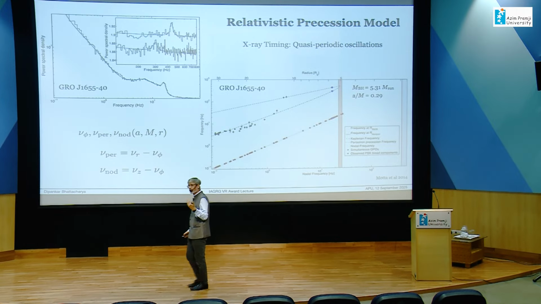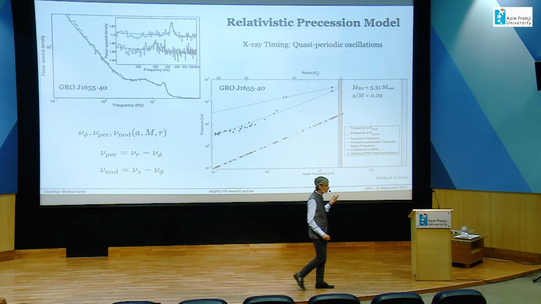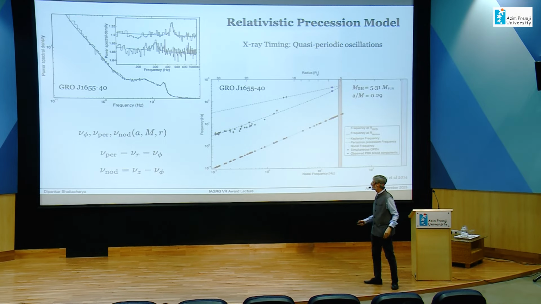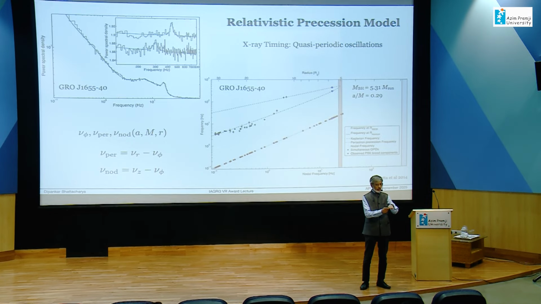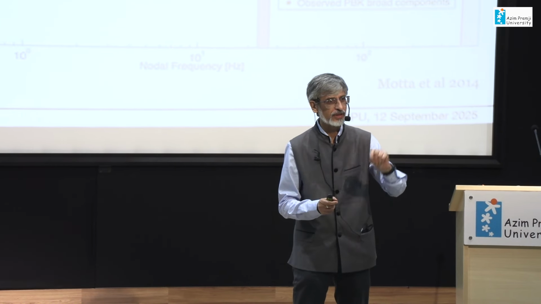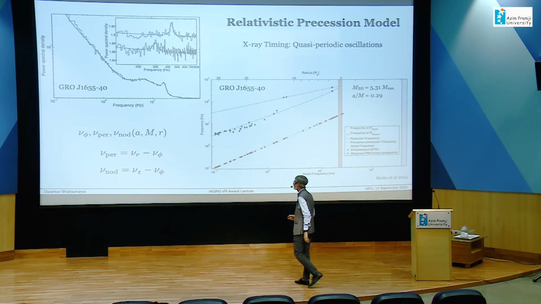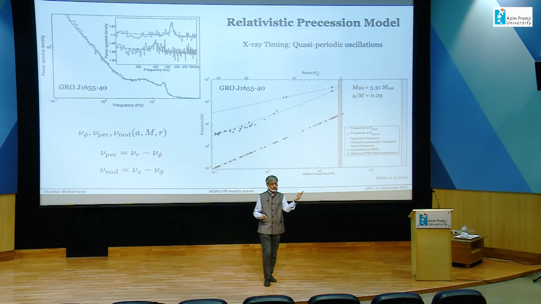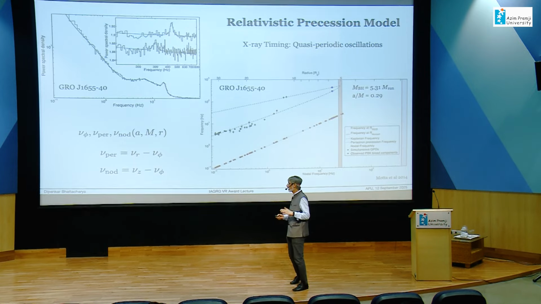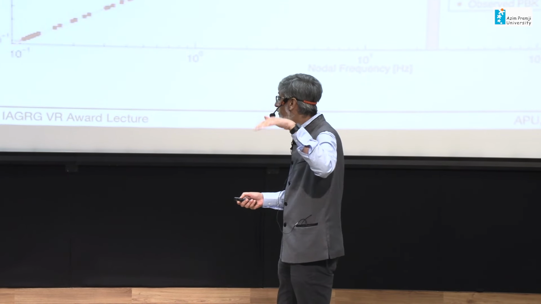Now you can identify these frequencies with different general relativistic frequencies that you can identify for these orbits. Typically for an orbit you have a rotational frequency, a radial frequency. We talked about both these before. And then there is also a vertical oscillation frequency. So once you have these 3 frequencies, you can construct, one is a periastron precession frequency, that's the difference between the rotation frequency and the radial frequency, and a nodal precession frequency, which is the difference between the rotational frequency and the vertical frequency.